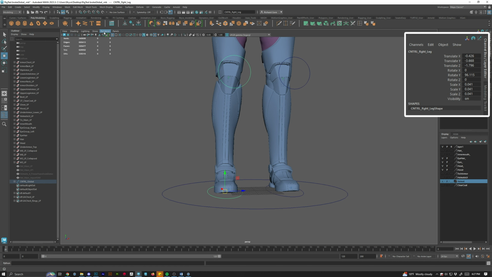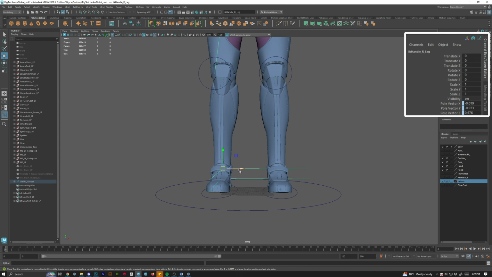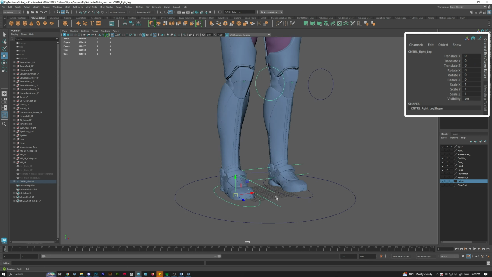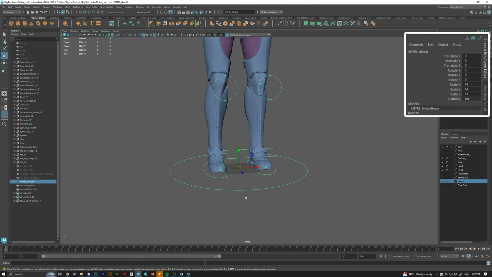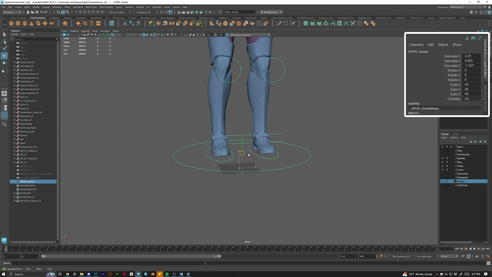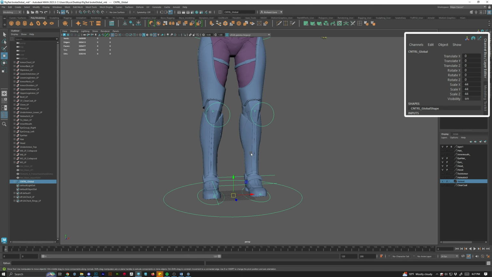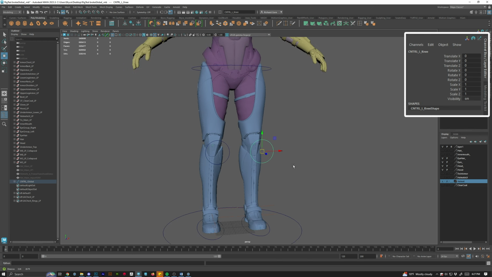So if I go to freeze transforms here, you can see it's doing something, and it's not working as intended in some cases. This one's not too bad. But when we try to freeze transforms on the global control, it just doesn't let me, okay? So really, you just want to be extra careful when you're rigging and deleting the history, or freezing the transforms, excuse me, when we are